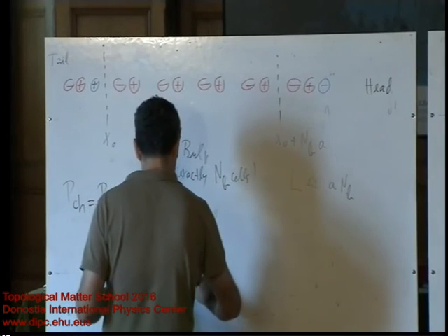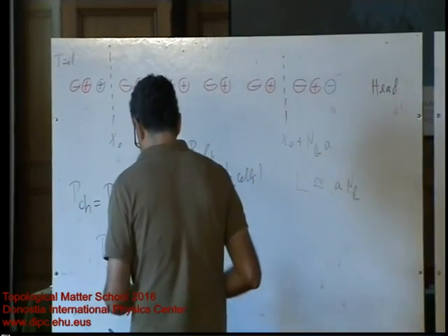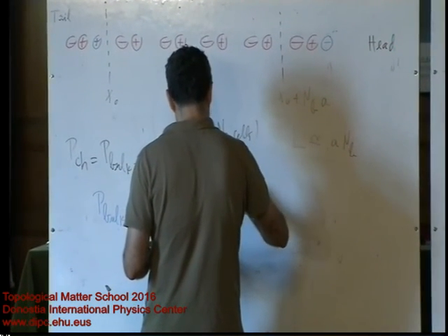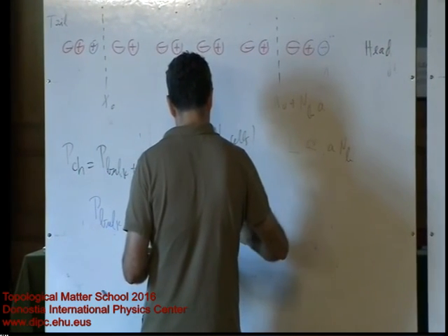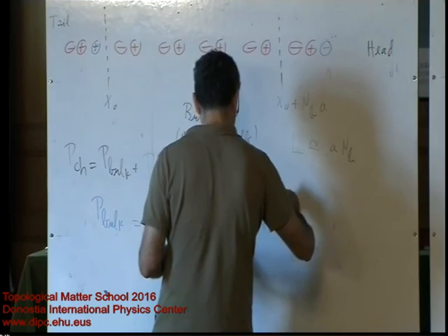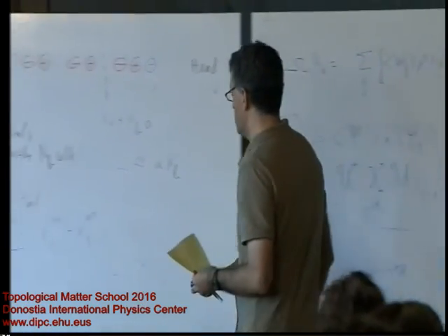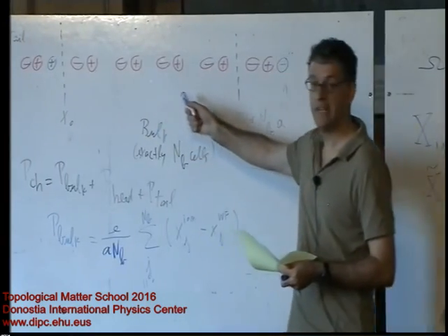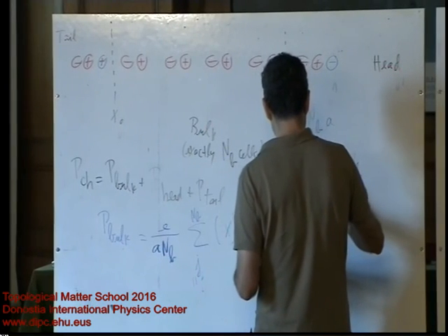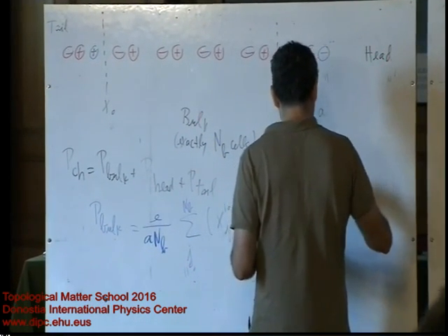And now I sum over just the point charges inside the bulk region. Right? But because this region, by construction, is bulk-like, these are just periodic images of one another. So, for example, the ions